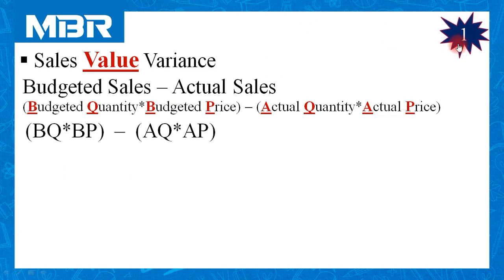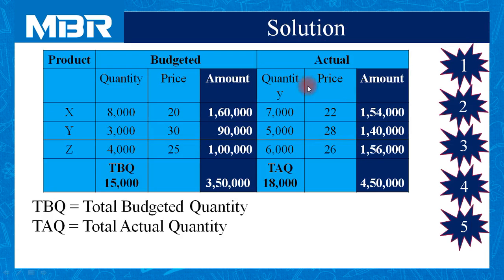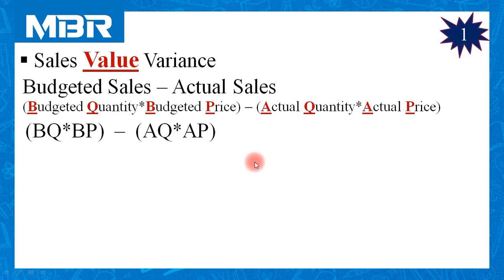As you all know, we have already completed our calculation in this table. This is budgeted quantity, this is budgeted price. So budgeted amount of sales is the result of budgeted quantity into budgeted price. Same way in case of actual quantity multiplied by actual price. So these amounts represent actual amount of sales. So nothing to do with the calculation. Directly import the figure